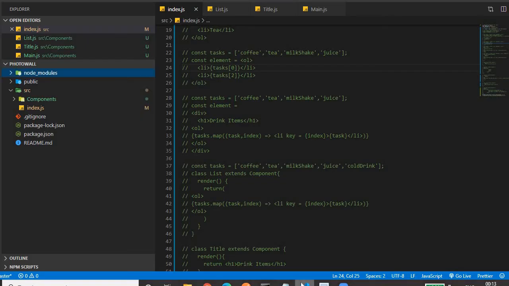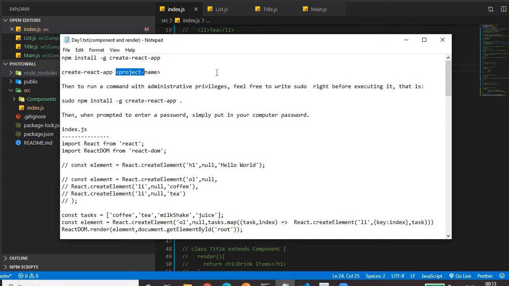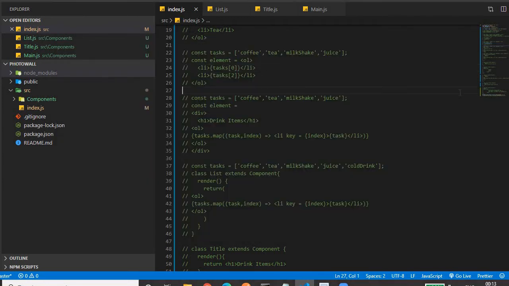The next thing that comes is, once we have created the project using the command that I have shown you, create react app followed by the project name, you will find there are a lot of files in that project. Just expand your src, and you will find a lot of files here. What you have to do is delete everything in src except the index.js file. Let me tell you, src is the folder where we actually code. All the coding we'll do in the src folder, so the src folder is the most important for us.